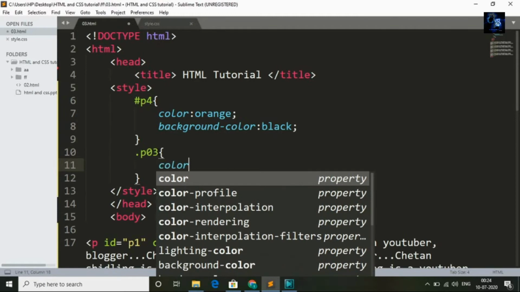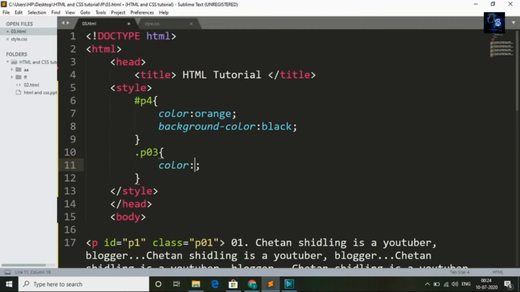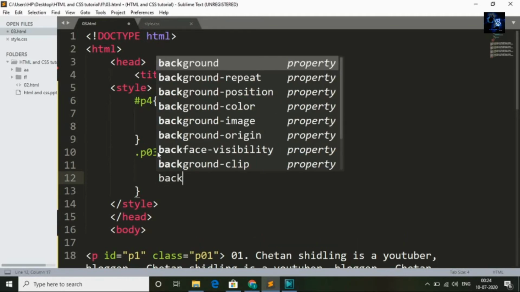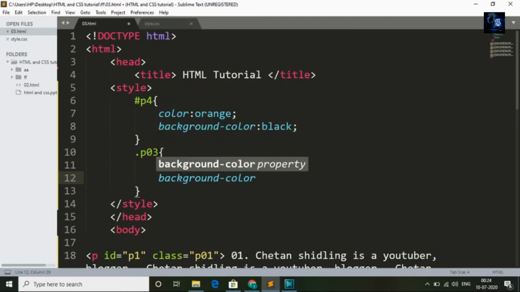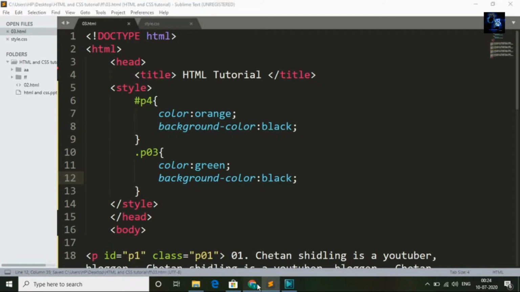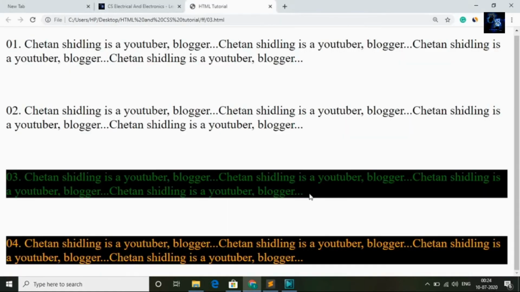Text color I will give this time green, and background color I will give black. I will save this and I will go back to browser and I will refresh. Here you can see text color is green and background color is black.